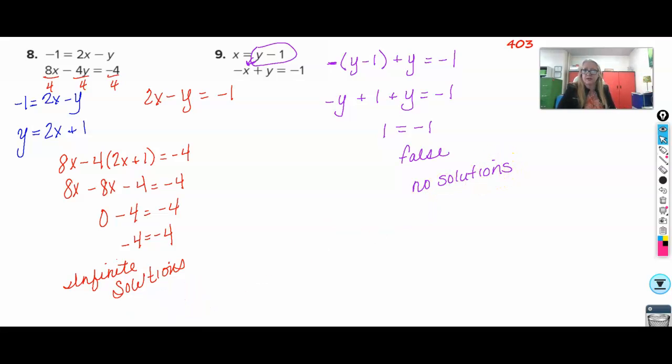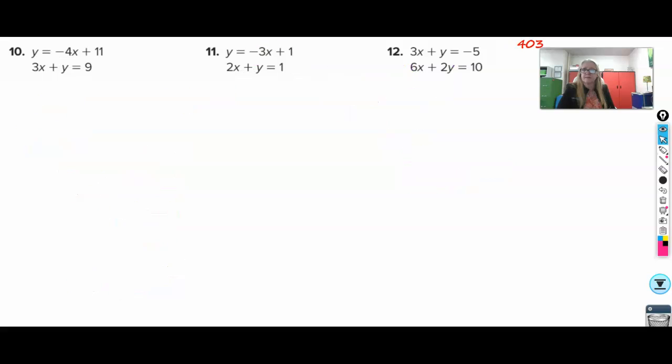Glad I chose to do those two. Okay. In every case, they've either solved for y or made it easy. Like see here, this one's fairly simple to solve for y. You would just have to subtract 3y from both sides. Let me make sure I don't do any more all or no solutions. 10, 11, and